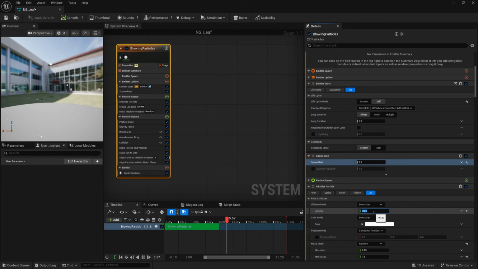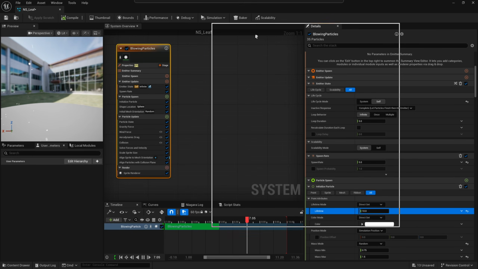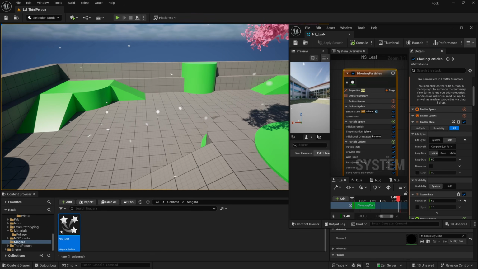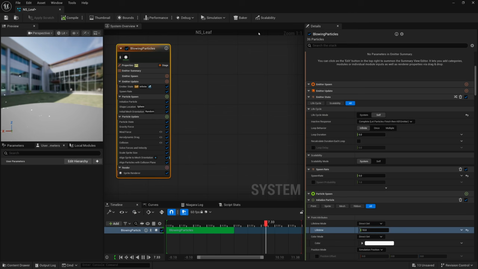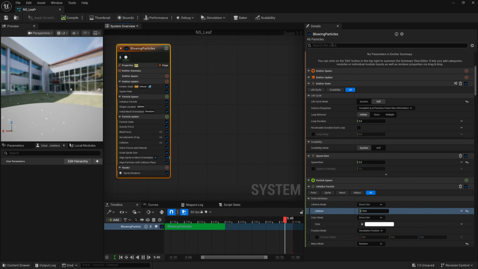And then lifetime, I might just half that, so I'll set it to 10. Remember the default before was like 12 and 16 or something like that, so 10 should be decent. Of course, these are all numbers that you can tweak to your project. Now it's a little bit more natural looking. So what we can do next is the final thing on the settings for this, and that's going to be